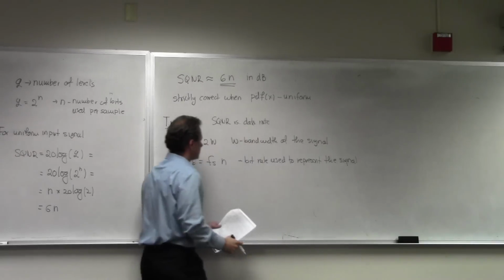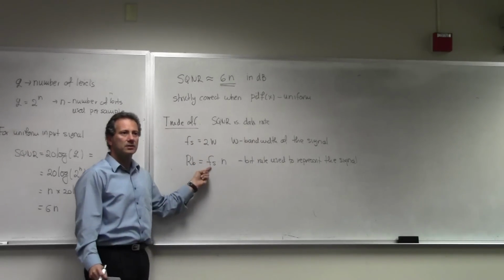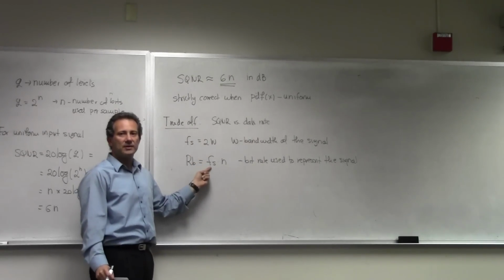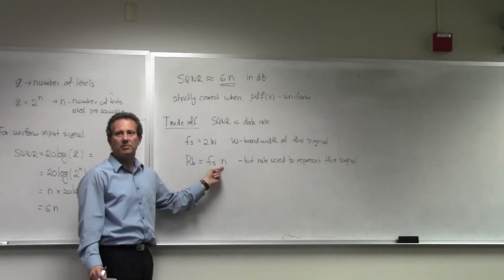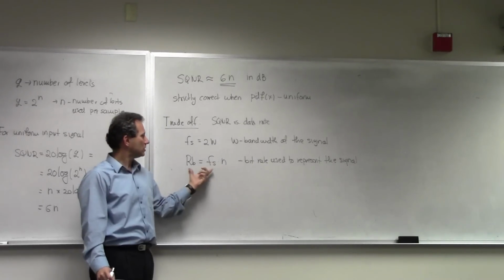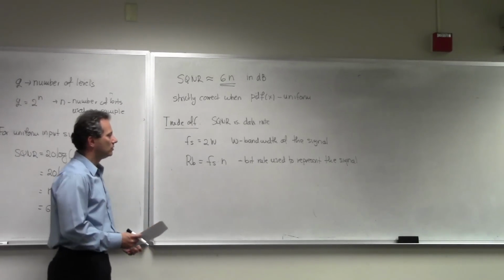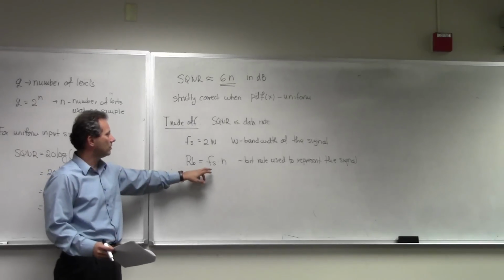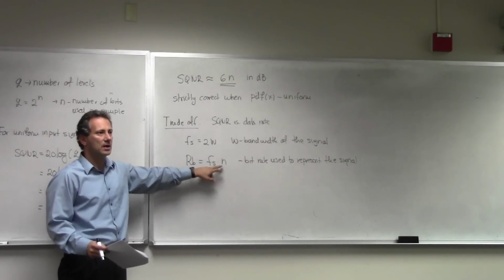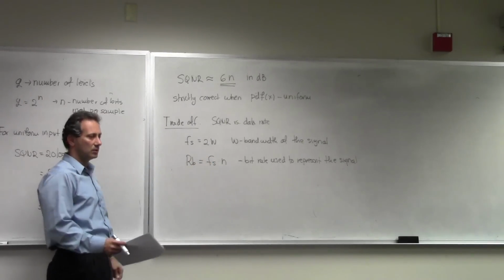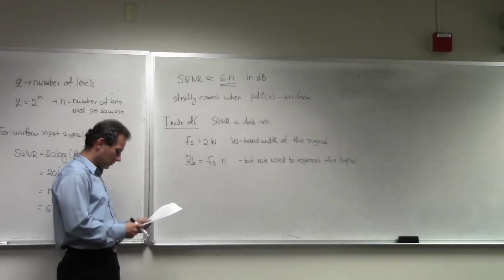And it's simple. You're sampling at a frequency Fs. Every time you sample, you are giving n bits to each individual sample. So this is your net bit rate that you need to represent the signal. In the case of voice, we had 8 kilohertz times 8 bits per sample. So this gave us 64 kilobits